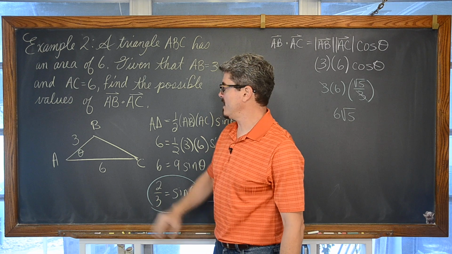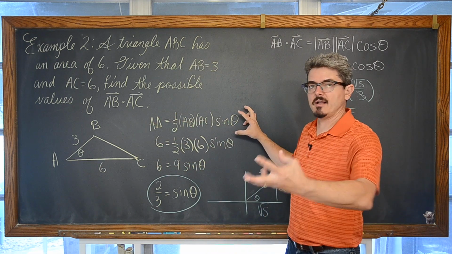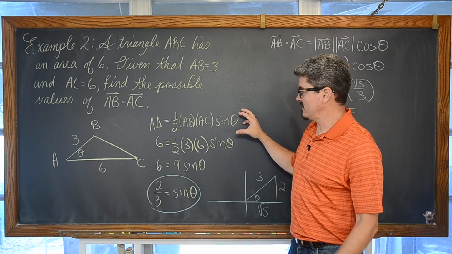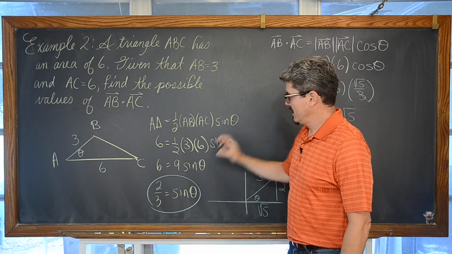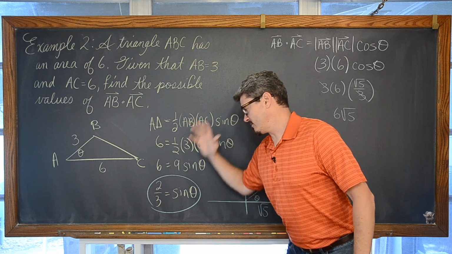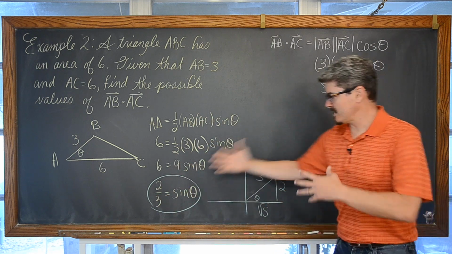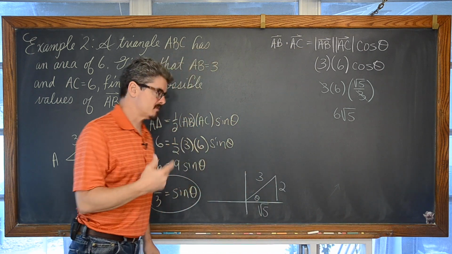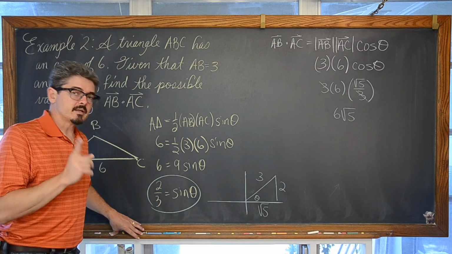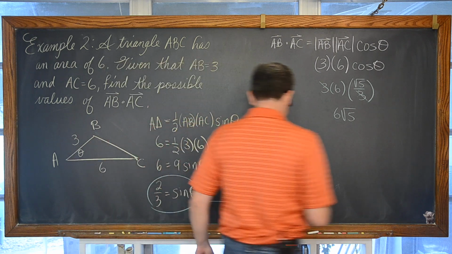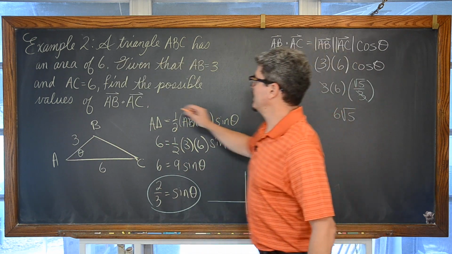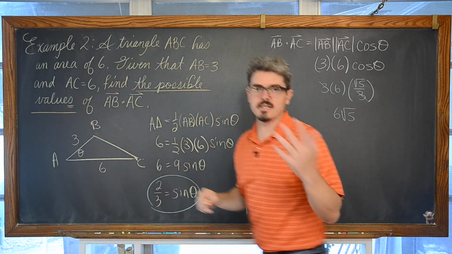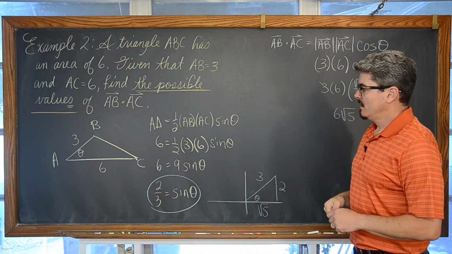You've given yourself a diagram. You filled out some information. You pulled out of your hat the appropriate area of a triangle formula that is useful in this question. You showed how to convert from a sine trig function, take that ratio and create another ratio for cosine. You've shown a lot, and you're going to get most of these points, but you're not going to get all of them. There's a reason why this said to find the possible values. It's a hint there. There's more than one answer.